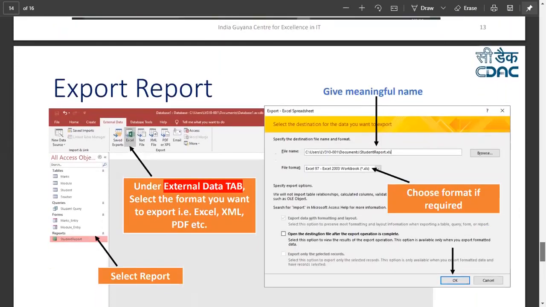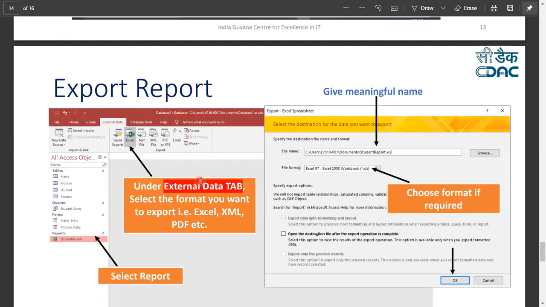Now, the point comes: how to export this report. Once your report is ready, you have to share it with your manager. So you can share it in different formats. You can export this report in an Excel or a text file or in a PDF form, or directly you can mail it from your Access. But for this email purpose, your Microsoft Outlook account must be configured. Then only you can email from your Microsoft Access.